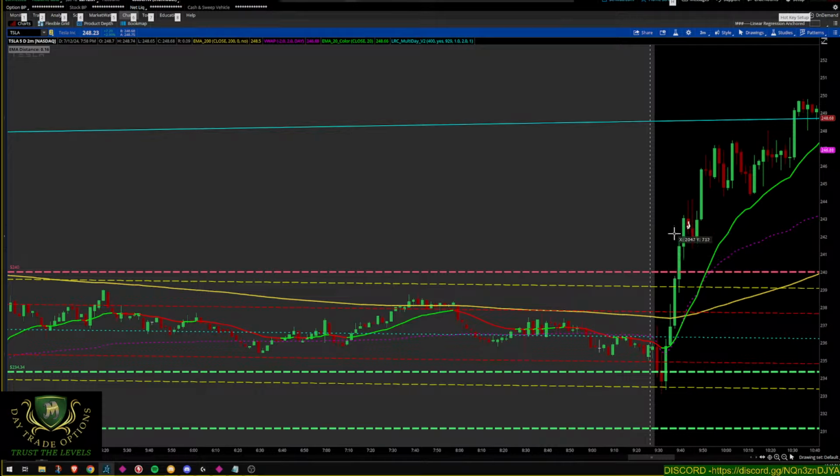I told the group I am going to wait and see if there's a pullback because this was such a strong move. I expected a pullback, and I was like, if I get a candle and then another green candle, I'm getting back in, and that's exactly what I did. And so I made,